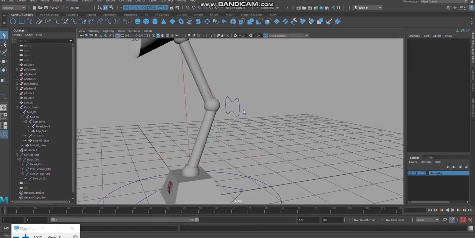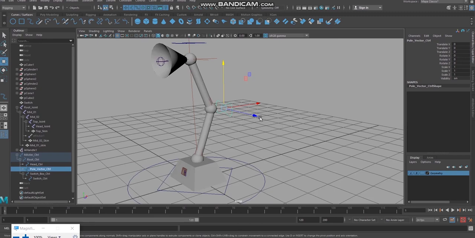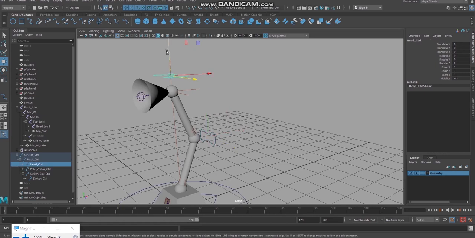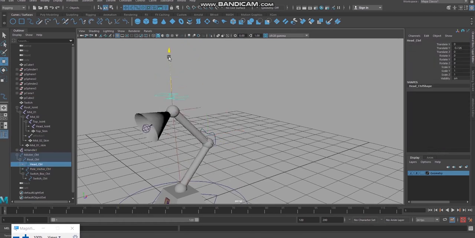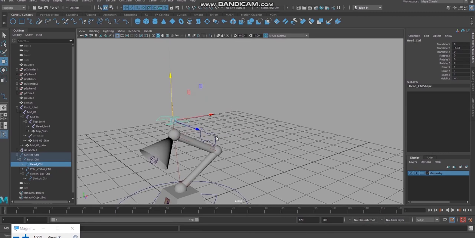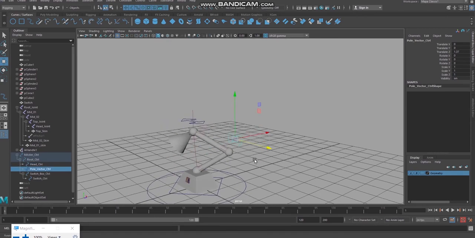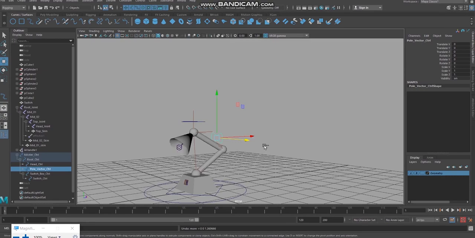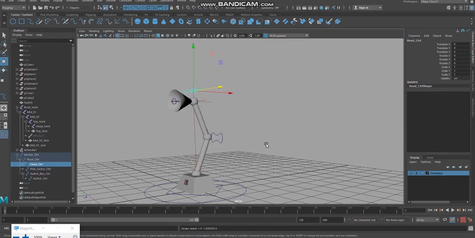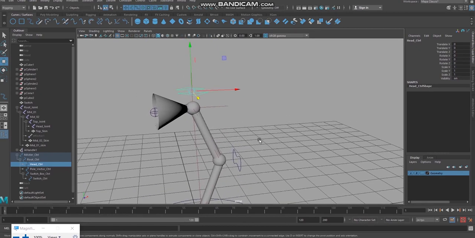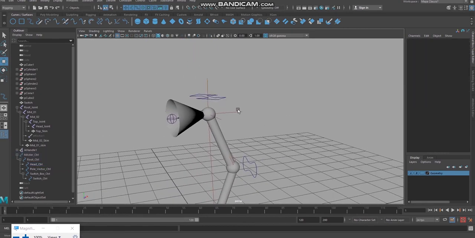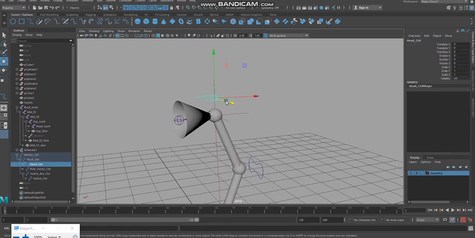You can see how it is working. This is how the pole vector constraint works. This is the pose and this is the pose. This is how both the controllers work. And now what we need to do, I need to select this controller.